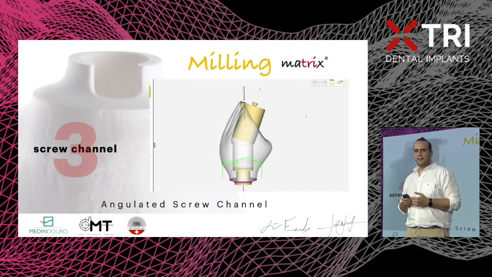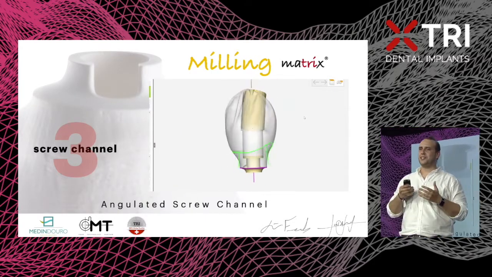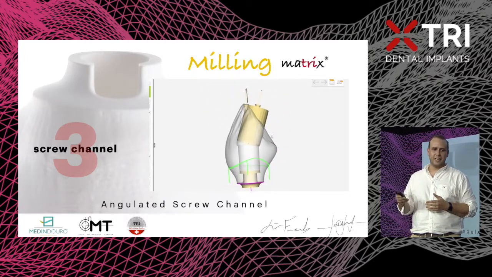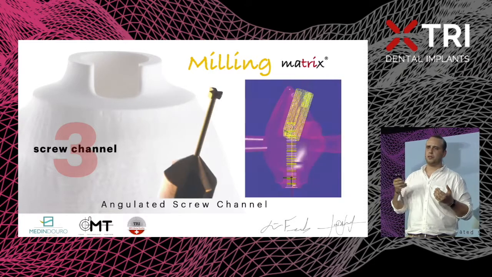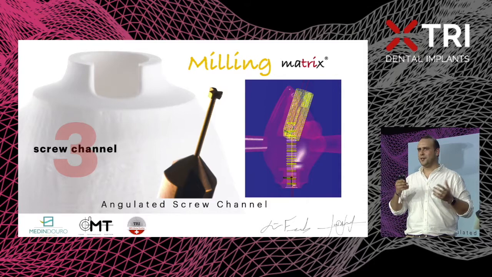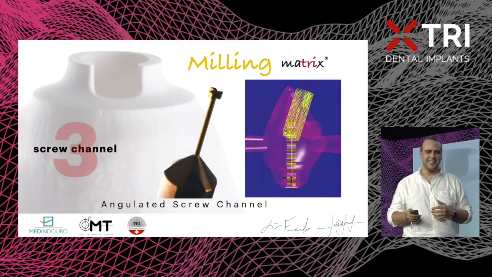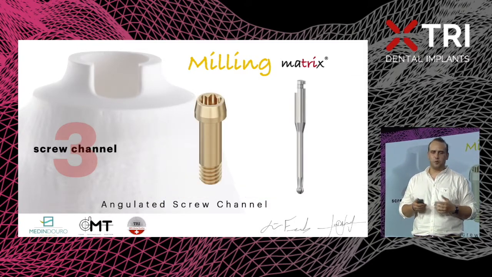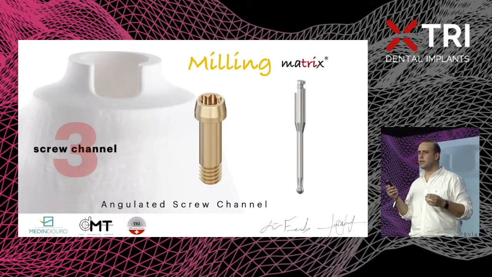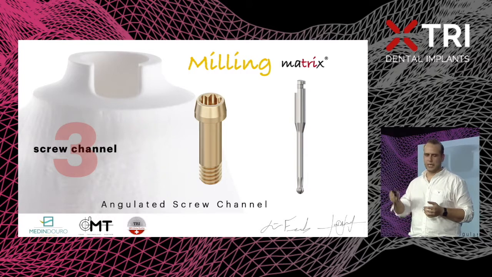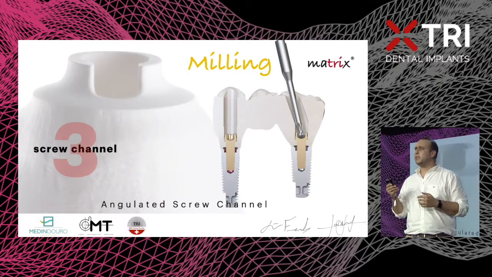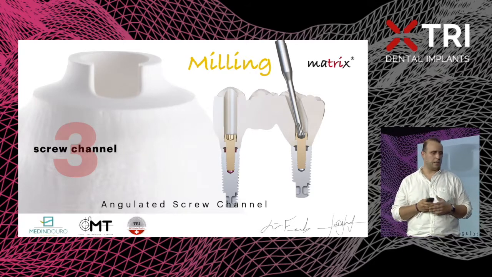And now we can do angulated screw channels perfectly milled directly to the connection. And for that, we use a special T-tool, like Rafael showed us in the morning, and a special strategy tool, a lot of work behind that. And we need, for sure, a special screw, a 2.6 angulated screw, and you need an angulated screwdriver for the placement. We can achieve up to 20 degrees of angulation to correct the implant placement.